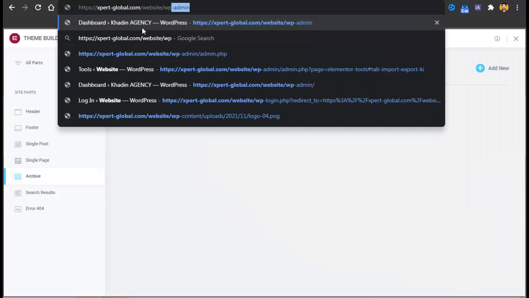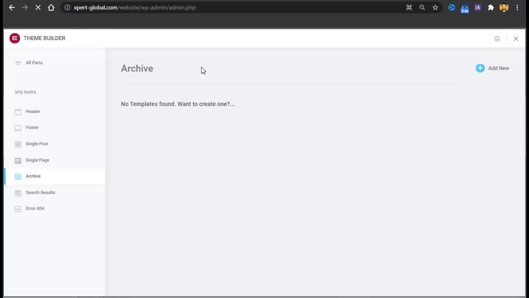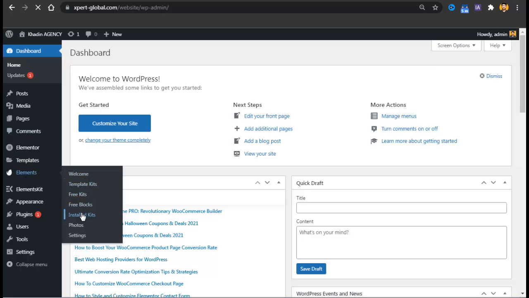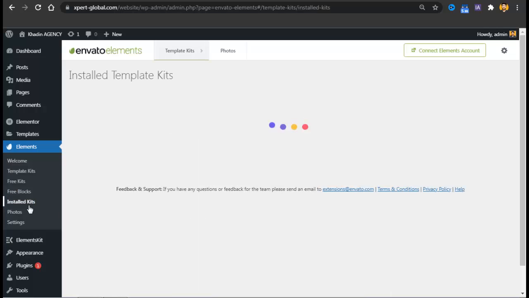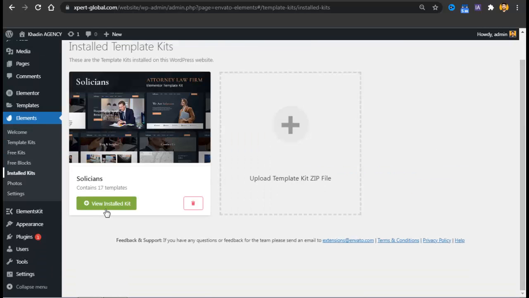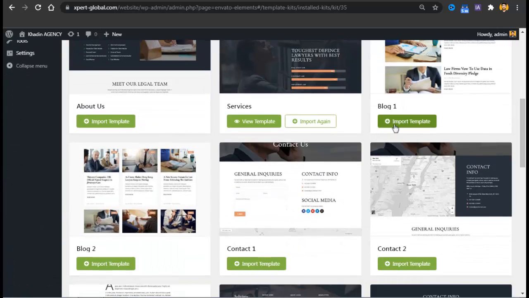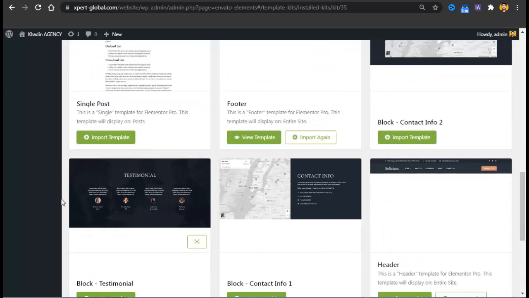Just go to WP Admin, and after going to your dashboard, go to Elements, then Installed Kits, and then View Installed Kits. There, import Blog 1 and the Single Post.